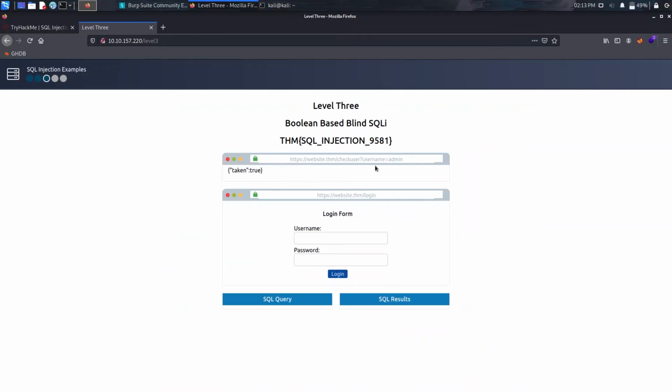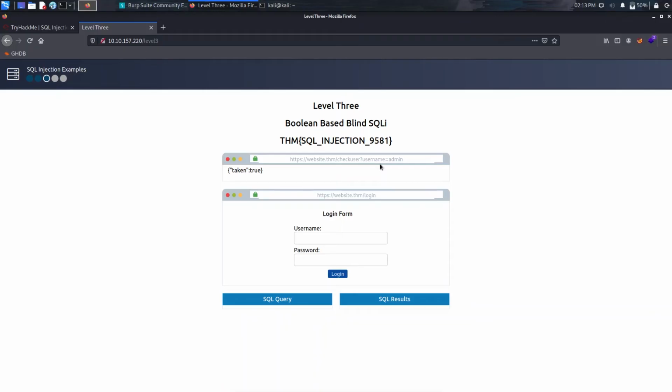It's using an API which checks for a username present in admin. This is used when we create a username on different websites. So the API just calls from the database and checks if the same username is present. It will return false, and we will get an error message to change our username. And if it's not present there,